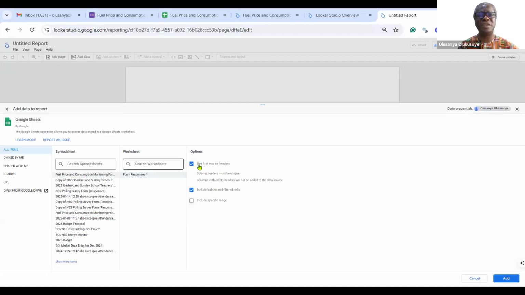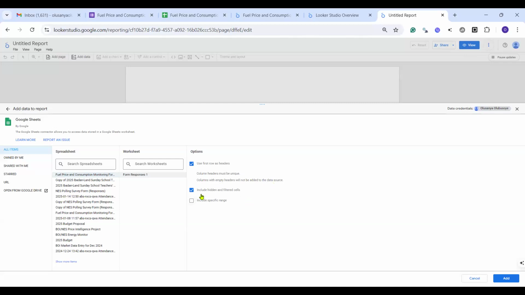The first option is saying use first row as headers. Column headers must be unique. If you are using the first row as headers, then no two columns must bear the same name, and you don't allow columns with empty headers. It will not accept them.